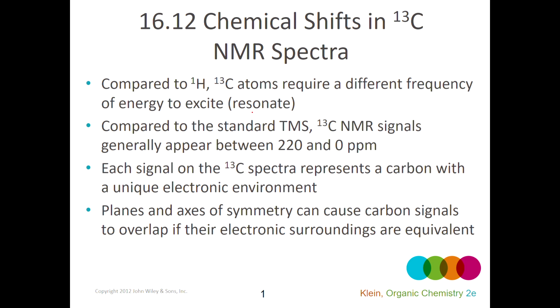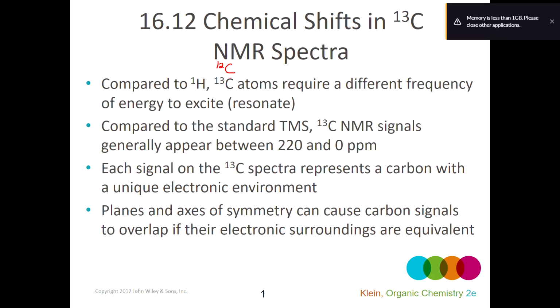So we finished up talking about proton NMR last week. We got into carbon very briefly, so we're going to talk about carbon NMR to start things off today. When you're looking at the carbon, as we said last time, carbon-12 is a much more abundant isotope. The vast majority of carbon atoms have a mass of 12, 6 protons, 6 neutrons, but those are not seen